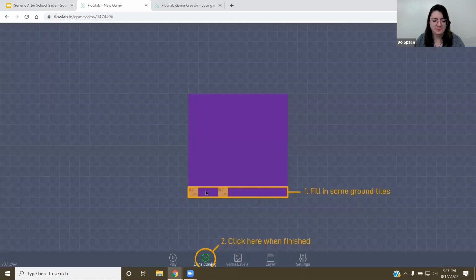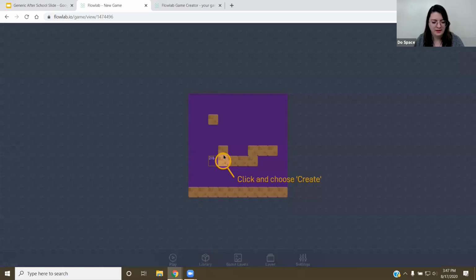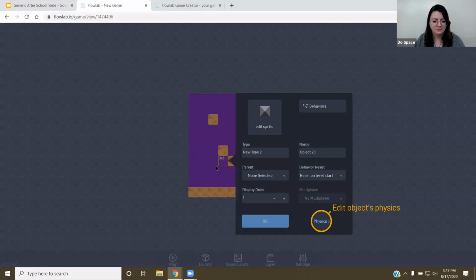And now you have this option where you can fill in the ground with some left clicking. Of course, oh, hey, there we go. Now it's letting me click other things. You clicked on cloning. And then I'm just going to delete these others. Nope, it won't let me delete the others. Oh, well. I'm going to click right here and then click create.